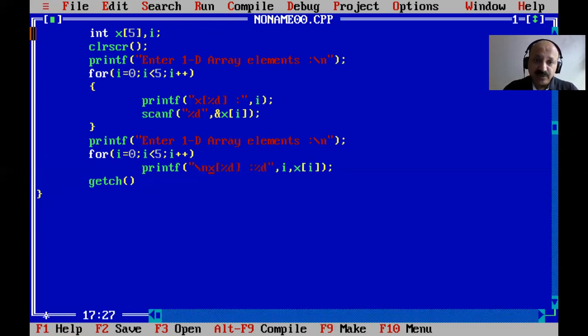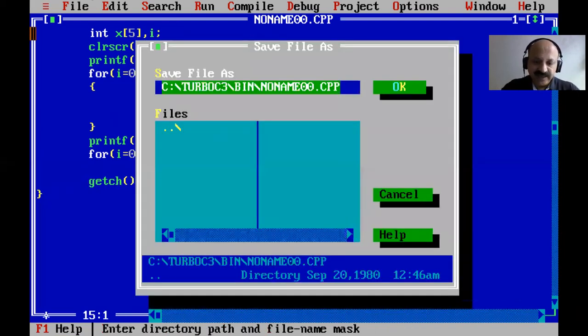So I also print the index and now change the message, not "enter" but "1D array element are". Yes, that type of message as below. So I first save this file with F2, and I name it ins sort dot c. Yes, because that is the Turbo C++ editor, so you cannot apply an extension, so that's saved with the C++ extension CPP.